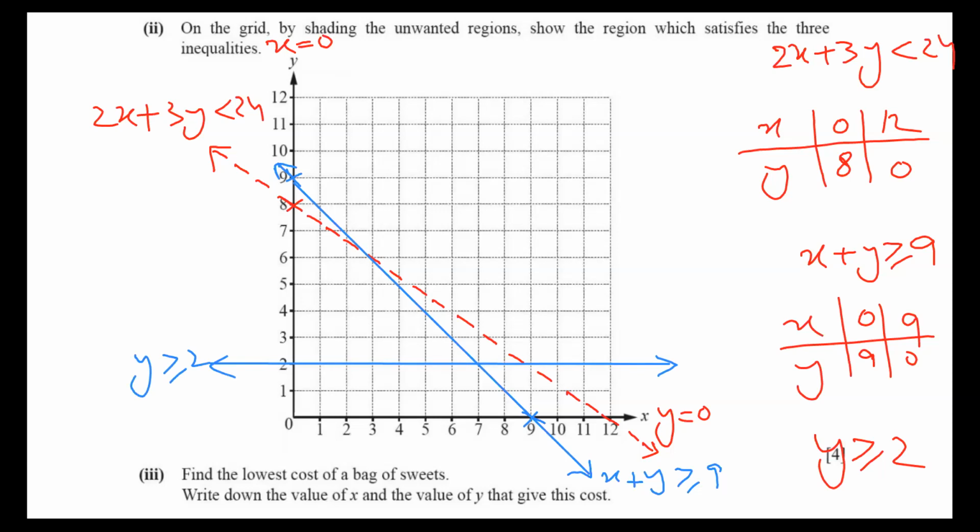Okay. So let's start. First of all, I'm starting from here, shading the unwanted. So y is lesser. You will not concentrate on the x value or the number. You will concentrate only and only on y and the inequality sign. Y is less than only. So my question, because it's a red line.